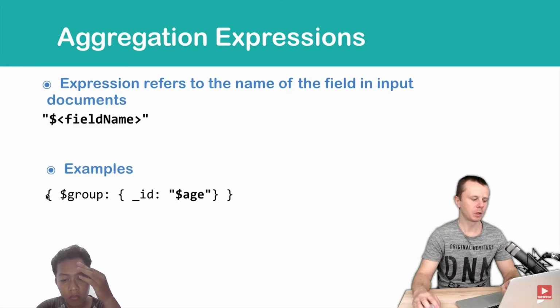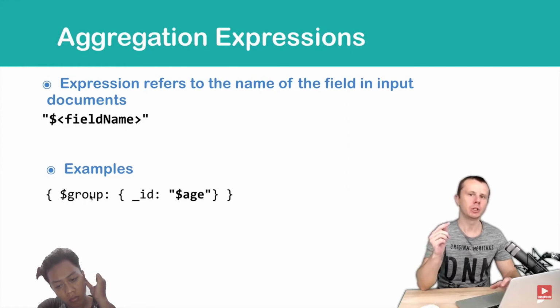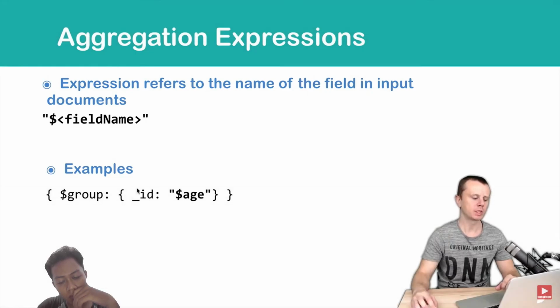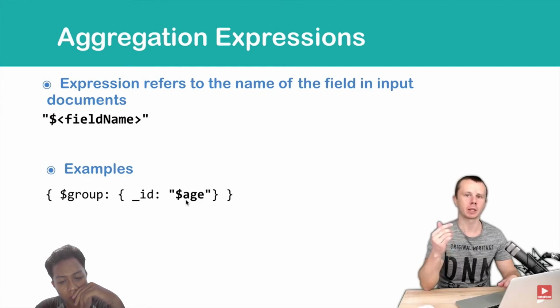In the first example, we use the group stage. Group is on the left side here, so it is a key. That's why we don't need to use double quotes here, so just $ and then the group stage name. On the right side, we have an object with a key value pair. The key is underscore ID, then comes a colon, and then the value. If we omit those double quotes, then this $h will be interpreted as a variable. But in the aggregation framework, it is a reference to the field name of the input object. That's why we must always